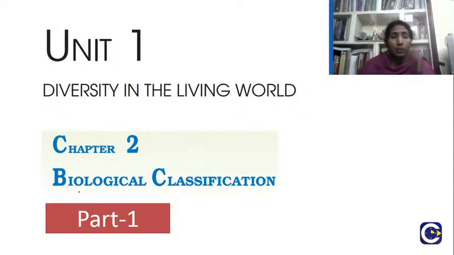Okay. So today we have part 1 of biological classification. It's like a class where NCERT is followed as it is. So taking the NCERT book as the base, we'll be teaching you that and giving some more additional points with that chapter. Okay, so we'll start with biological classification. From an examination perspective, it's very, very important.